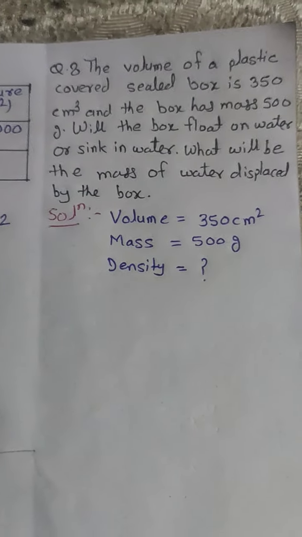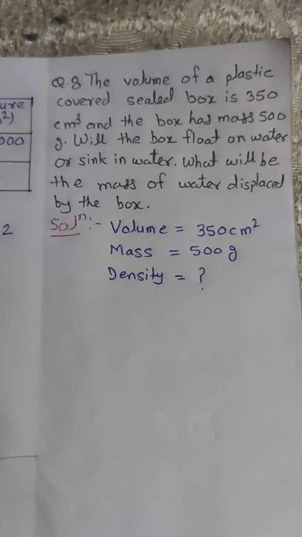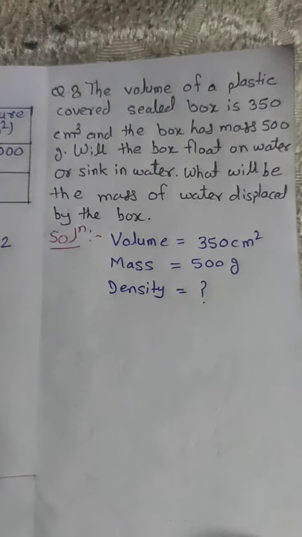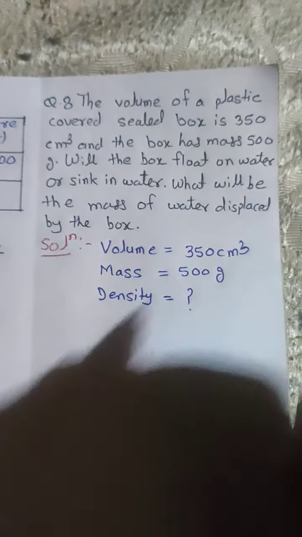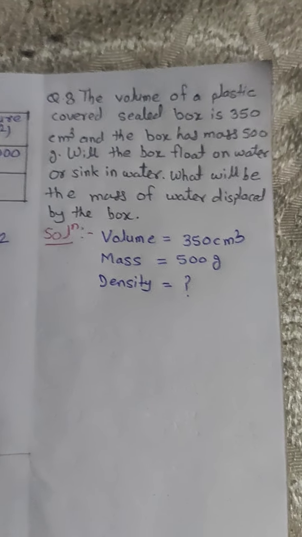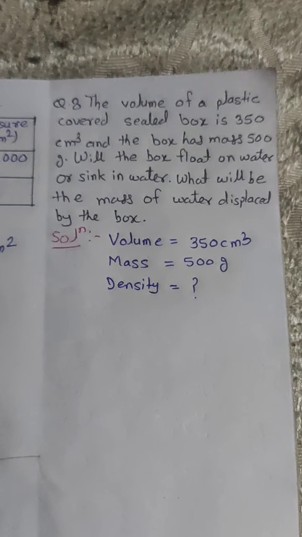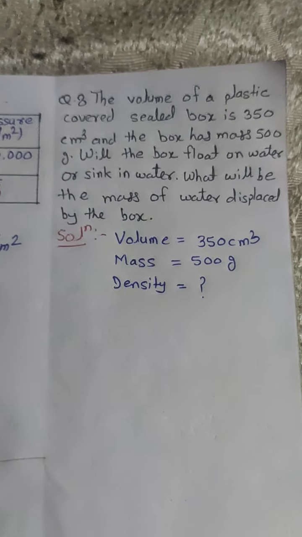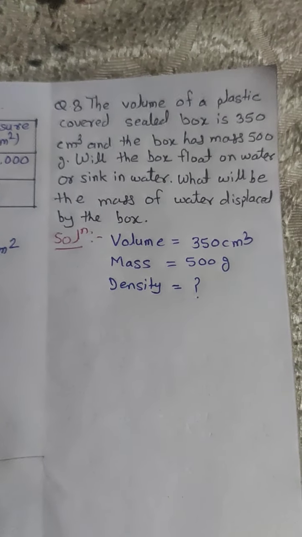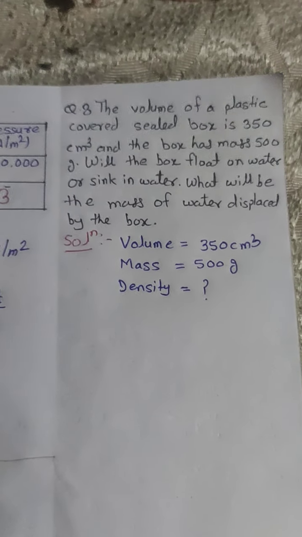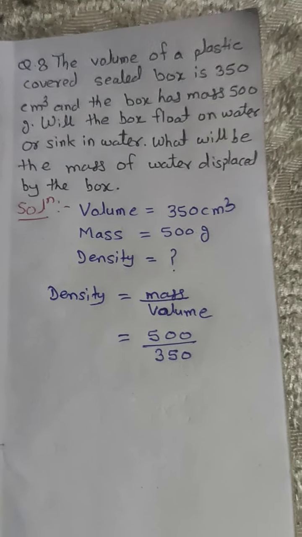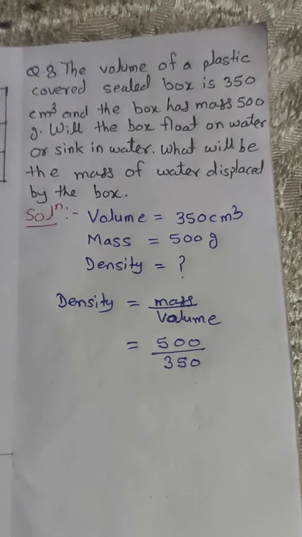See, the volume of the box is 350 centimeter cube, and mass is 500 gram. We have to find the density. So you all know the formula of density. Density equals mass upon volume. So write the formula, then substitute the values. So the formula is mass upon volume, and the values given are